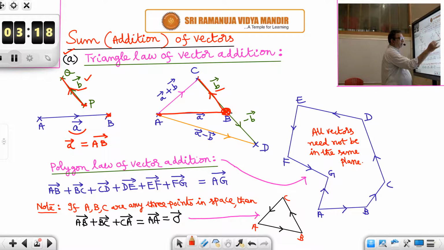So at the terminal point of A bar, we have placed the initial point of B bar, and B bar we have drawn like this. Now, join the initial point of A bar and the terminal point of the second vector B bar by means of a vector like this. Then AC bar will represent A bar plus B bar. So suppose this is A bar. At the terminal point of A bar, we put the initial point of B bar and draw like this. Then finally, if you join it like this, it is equal to A bar plus B bar.